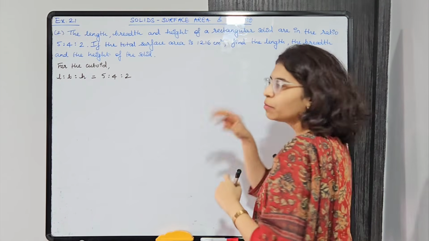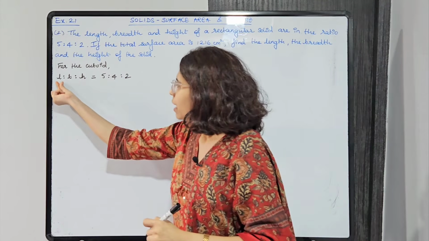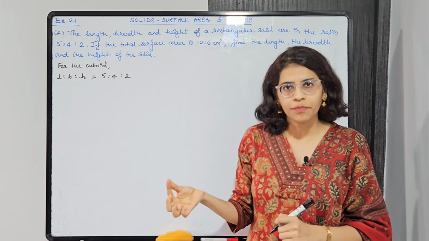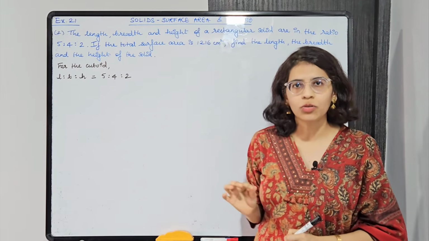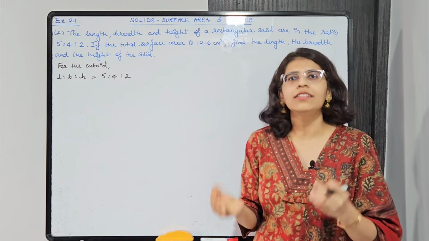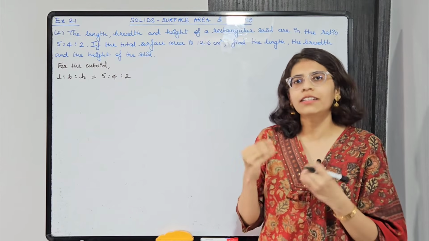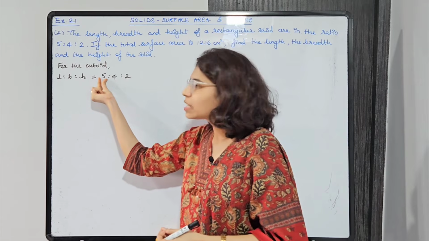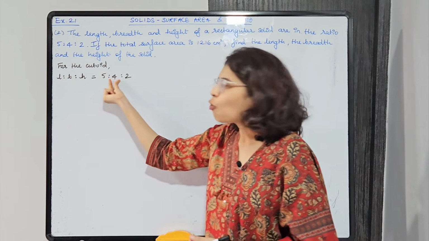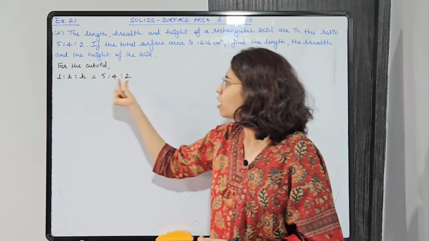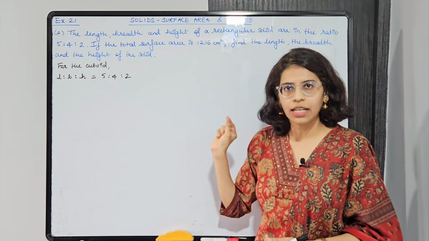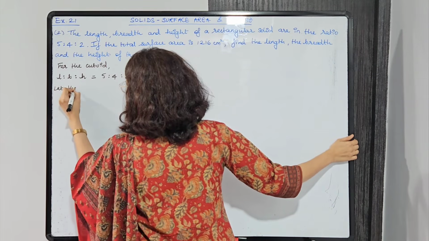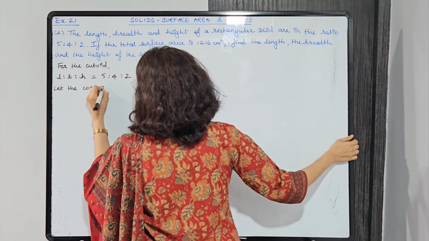Okay, but before that, लेंथ, ब्रेड्थ एंड हाइट का रेशियो दिया है. सो देयर इज सम कॉमन फैक्टर विच इज कैंसल्ड आउट. लेट्स से दैट द कॉमन फैक्टर इज x. ओके, सो कॉमन फैक्टर x है. देन l का वैल्यू हो जाएगा 5x, b का 4x एंड h का 2x. करेक्ट. सो लेट द कॉमन फैक्टर